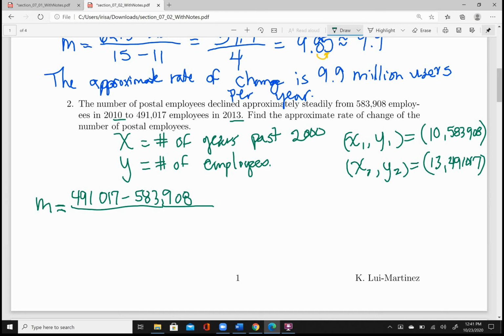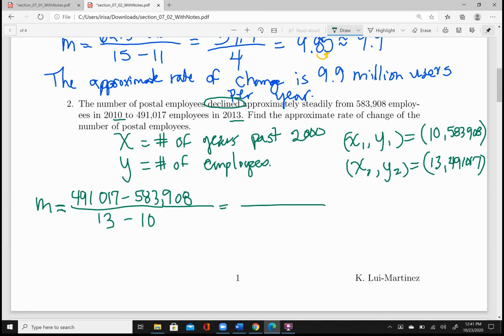And then, sorry, the denominator will be 13 minus 10. So notice that the numerator value is going to be negative, and this is totally fine. We should expect that the overall slope is going to be negative because they used this word, right? We are representing the trajectory of employees over time, it should be declining, and so therefore the slope should be negative. But just to make the calculation finalized,